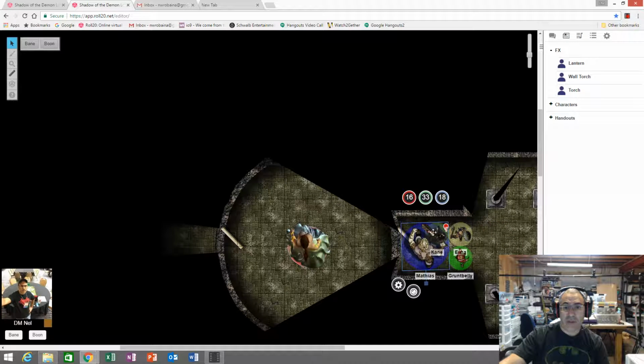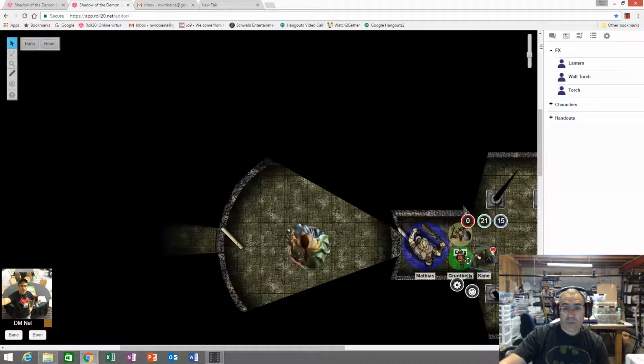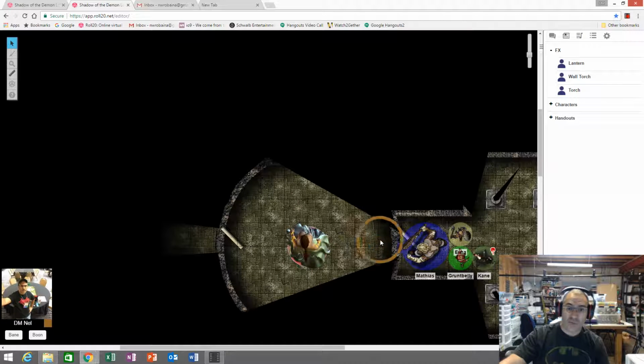The Jotun was leading, and the two bloody bones are right outside the door here. So the Jotun was pretty much blocking the door, causing the other players behind him to be hampered by the fact that he was blocking the targets. So if they wanted to target something beyond him, the targets beyond him would have partial cover. So that made the challenge of this encounter even more difficult.